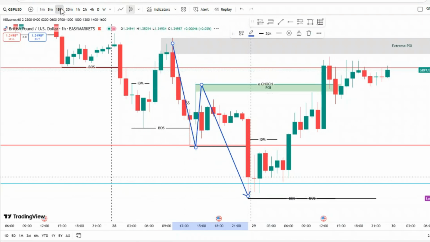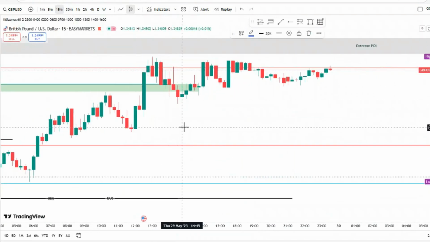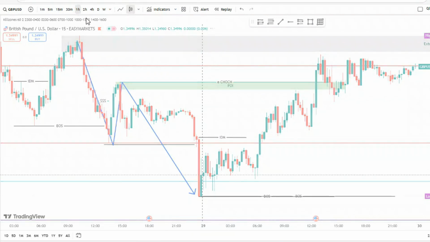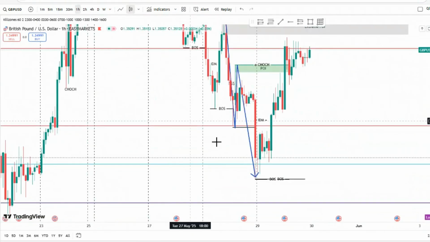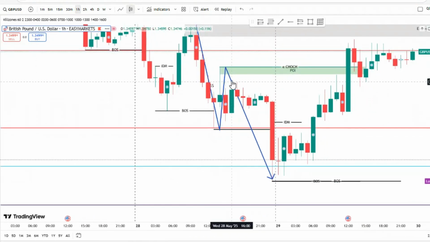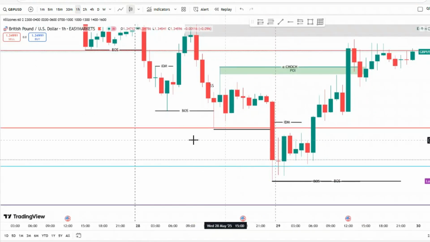So, when you come into the 15 minutes time frame, you see that price has created a change of character, like a break of structure right about here. But this is the narrative, all right? And my strategy starts from the higher time frame. I have to make sure that the higher time frame has a break of structure before I try to analyze any other structure, all right? So